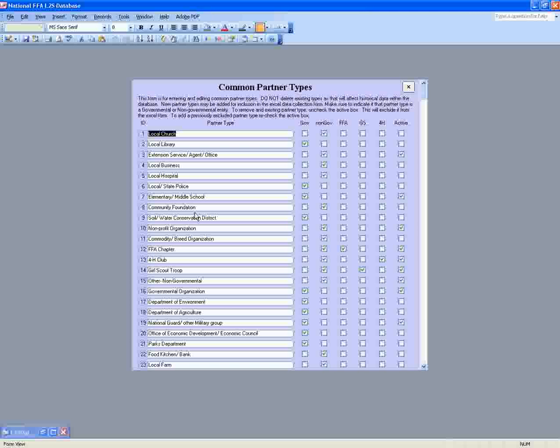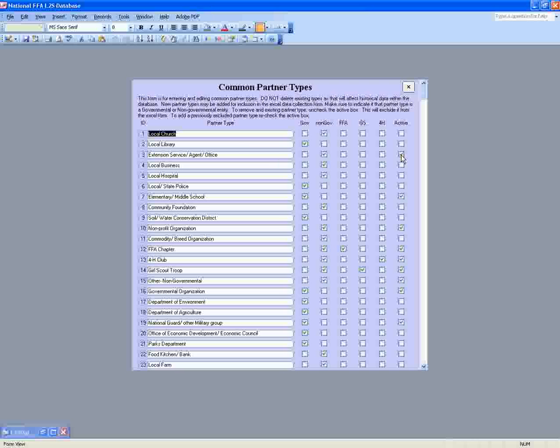Partner types, similarly to the quantitative impact measures, you don't want to change any of these that are here because that'll misrepresent archival information that you have in the database. The purpose of this is to kind of standardize the way partners are described by chapters. If you find that you need additional granularity or less granularity than you had before, you can take a partner type out of the system for the purposes of the Excel document and allowing chapters to select it by unchecking